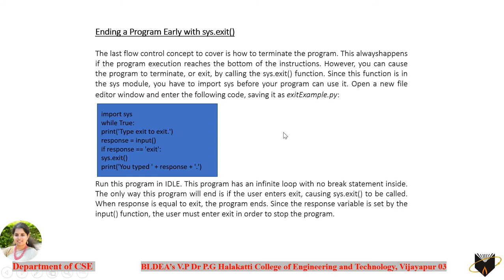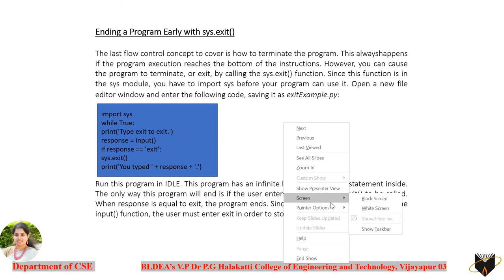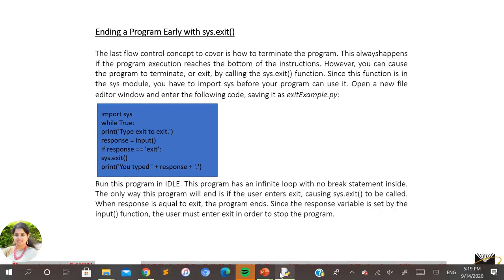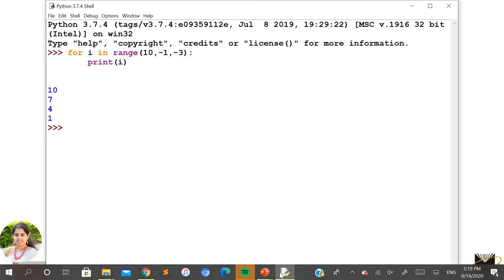So before that, I just want to show you one example of how you can use the modules here. So import is the keyword that is required to import any module. So here I'll import the random module.